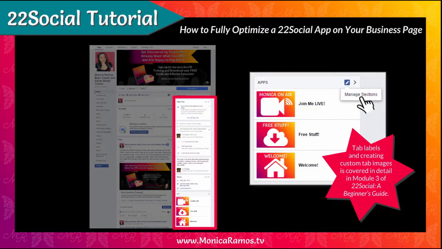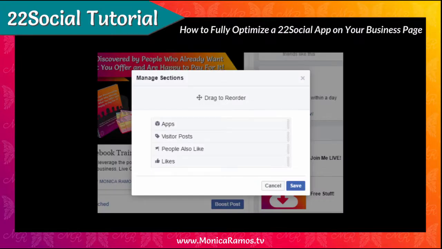So when you click on manage sections over here, you'll actually get a little pop-up that'll let you drag to reorder those sections on the right side as well. So like I said, your apps, which is the ones in this example, but also visitor posts, other pages that are liked by your fans, and pages that you've liked as your page will be here. So just make sure you put apps, drag it to the top so that